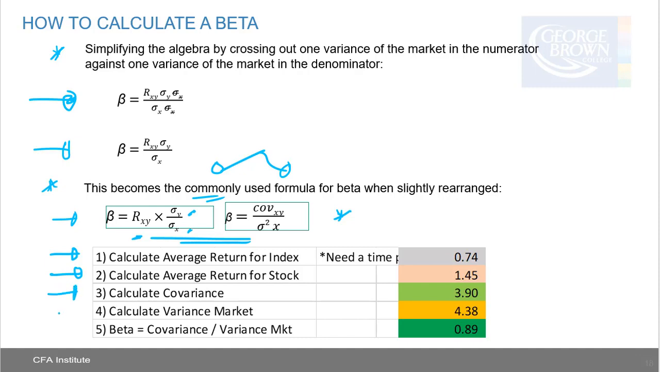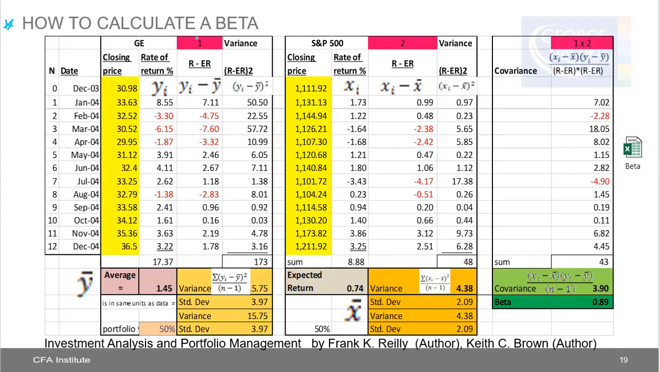We're going to calculate the covariance. We're going to calculate the variance of the market, and the beta is the covariance of the stock and the market divided by the variance of the market. Okay? So I'm going to run through how to calculate the beta, and this is an example from the textbook